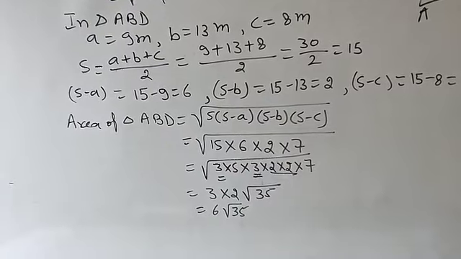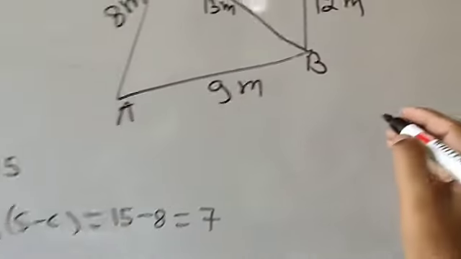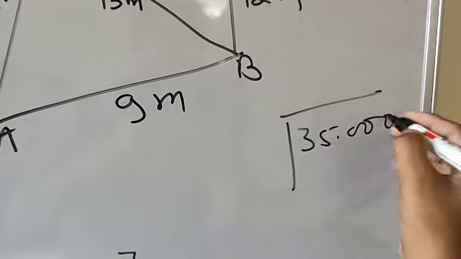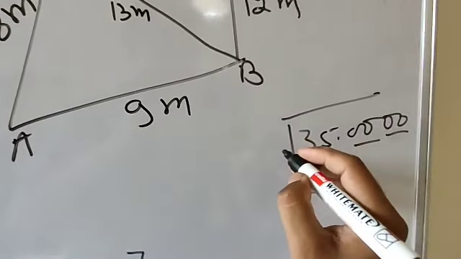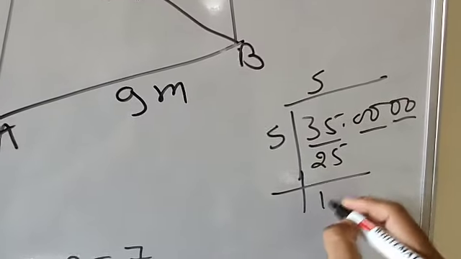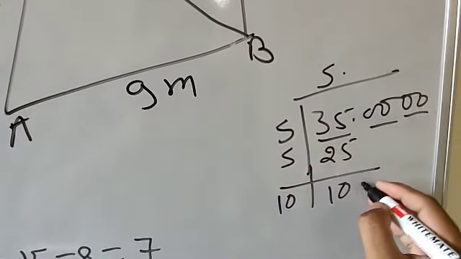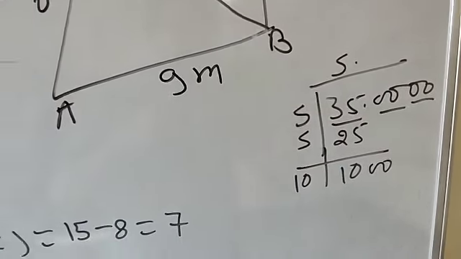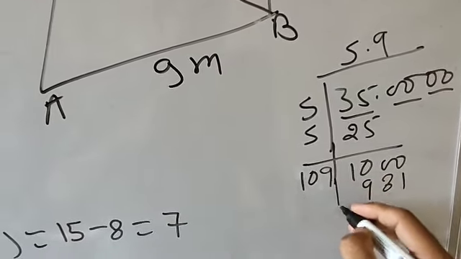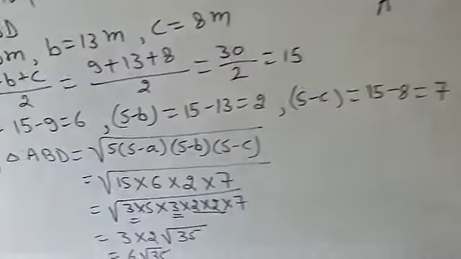Now students, you need to find the value of root 35 so that you will get the decimal value of this. So here I am going to find the square root of 35, so it can be written as 35.00 00. 5 5 are 25, 6 6 are 36, so it will be 5. 5 5 are 25. Now it will be 10. Now here it is decimal, and 5 5 10, and here you will put 2 zeros. So how many times? It will be 9 times. 9 9 are 81 and 9 1 are 9. So approximately it can be written as 5.9. So here I am going to write 5.9.